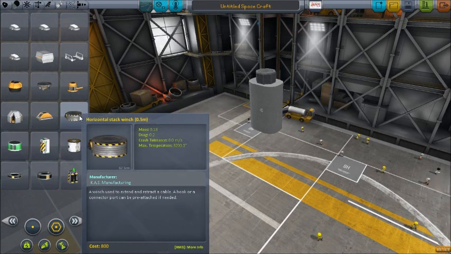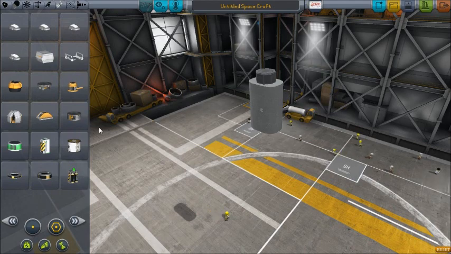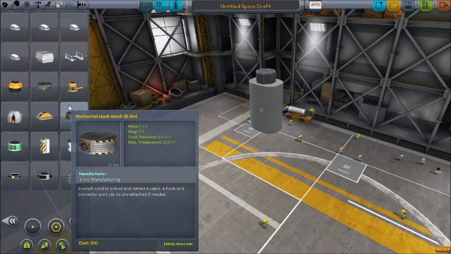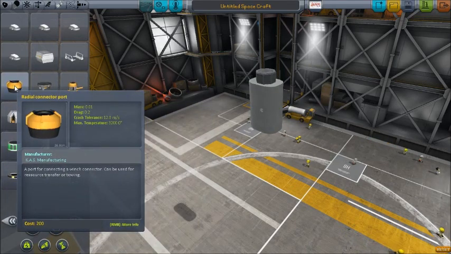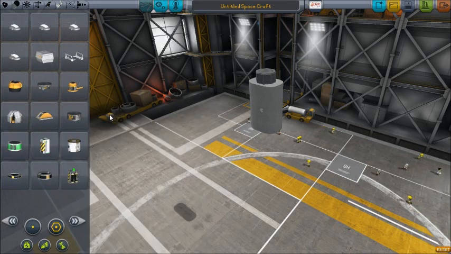Now we have these winches. I'm not sure what those do, but I'm guessing you can use these winches. Would it be winches? Yeah, I think it's winches. I have experimented with this stuff before. You can use the winches to connect to these connector ports, and then you can pull the object towards you, which can make docking a lot easier as well,